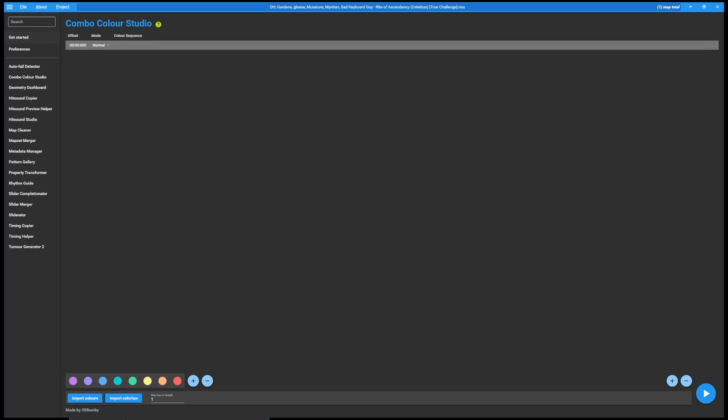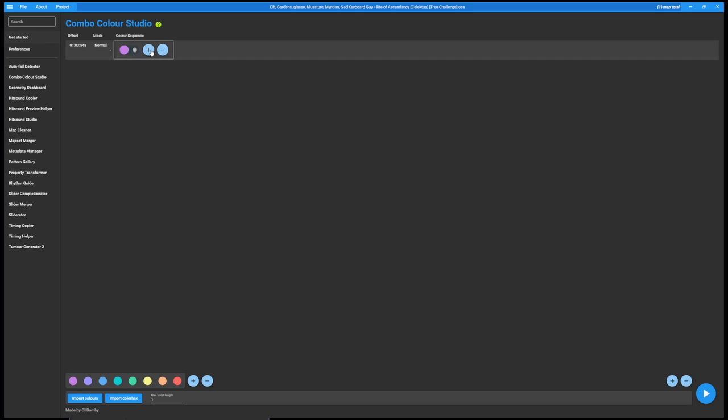So if I now go to a random map and get a timestamp, I can basically put it into this offset position. So I can just press Ctrl V if I have a timestamp, and it's all automatically put in. And then I can define a color sequence here. So what this will do is, from this offset point onwards, it will repeat these two colors